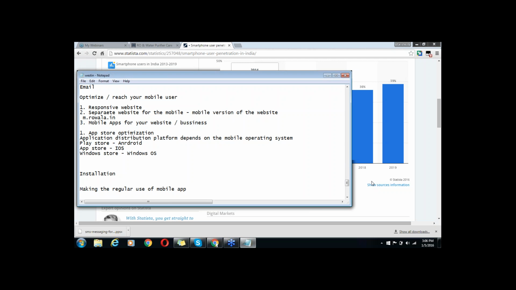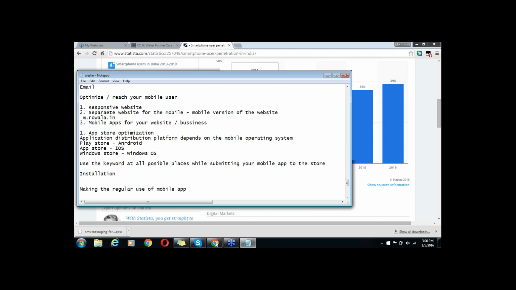जो एसईओ में आपने सीखा था कि एसईओ में क्या करते हैं, पहले कीवर्ड फाइंड करते हैं और उस कीवर्ड के अकॉर्डिंग हम अपनी वेबसाइट को ऑप्टिमाइज करते हैं, उस कीवर्ड को अपनी वेबसाइट में डिफरेंट डिफरेंट प्लेसेस पे यूज करते हैं. In the same way, if you want to optimize your apps for this particular store, then you have to use the keyword at all possible places while submitting your mobile app to the store, right?